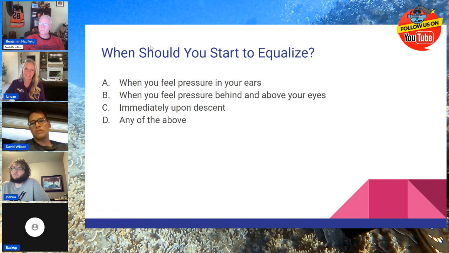So we got four answers here. It'll be one of these answers here. When you feel pressure in your ears. All of them. So yes, any of them, you should definitely be working on equalizing. Immediately upon descent is the most correct answer out of these, though, however,